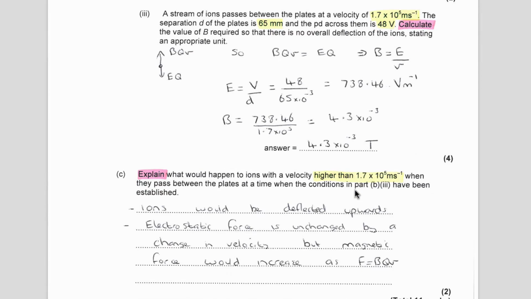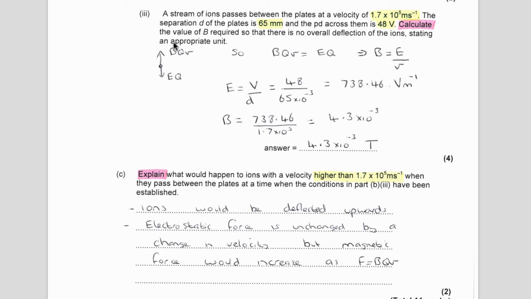In part 3, we're then given some more information. So this stream of ions passes between the plates at a velocity of 1.7 times 10 to the 5 meters per second. The separation between the plates is 65 millimeters, and we know the potential difference across them is 48 volts. We're asked to calculate the value of B, the magnetic flux density, so that there's no overall deflection of the ions, and we need to also state the appropriate unit. So lots of people missed that part of the question, so we're going to make sure we put the right